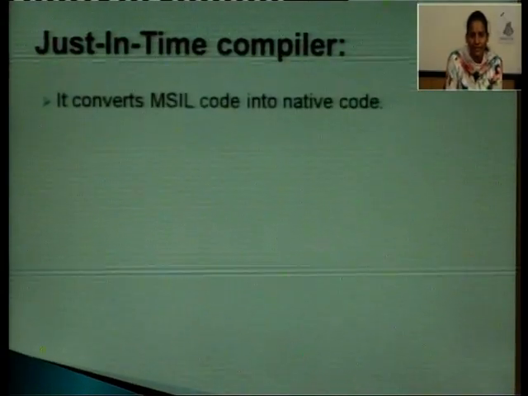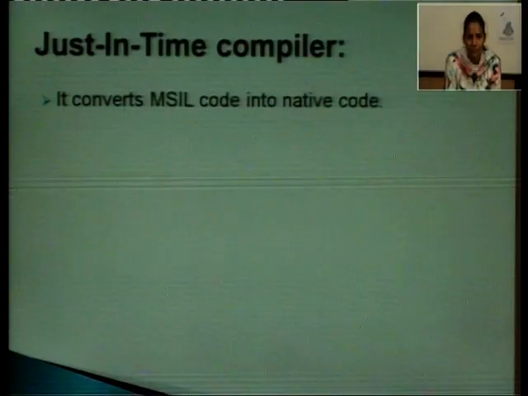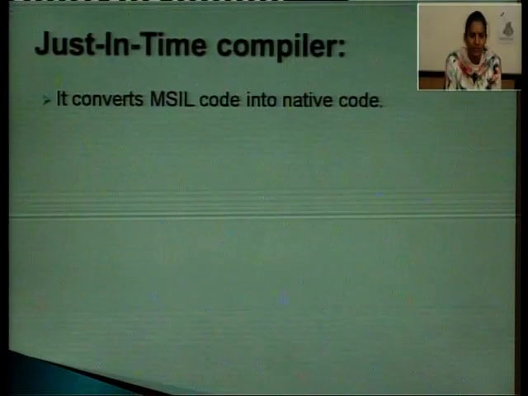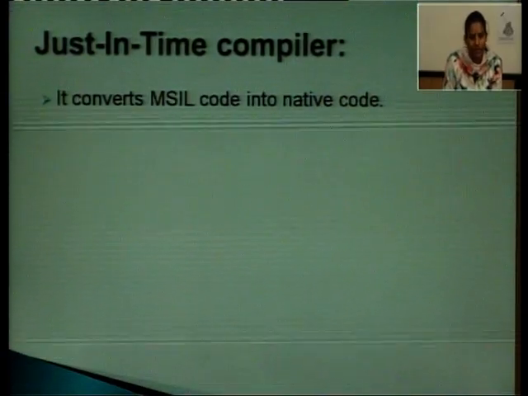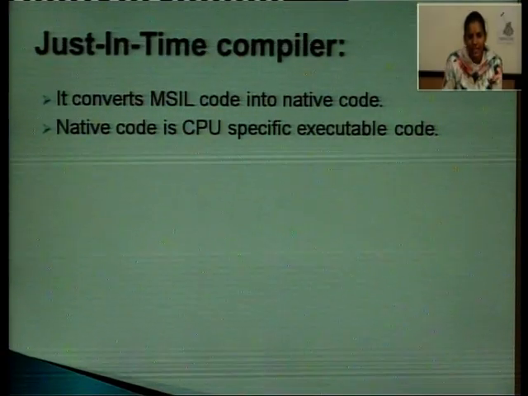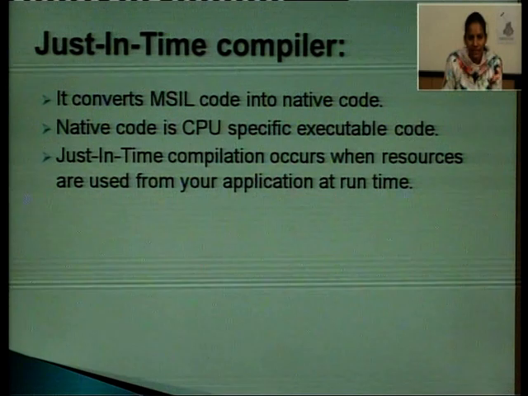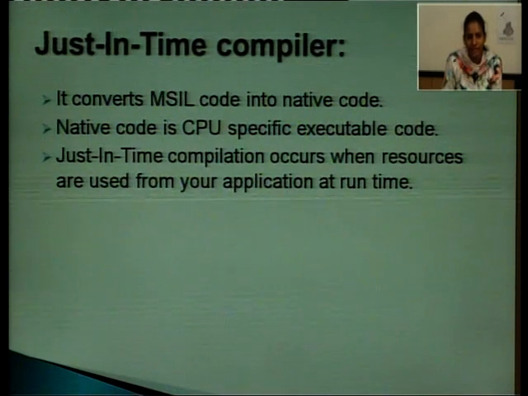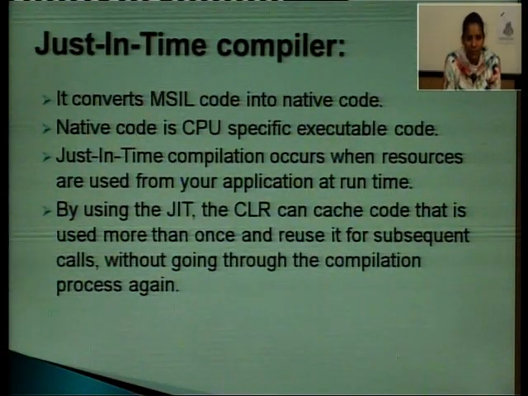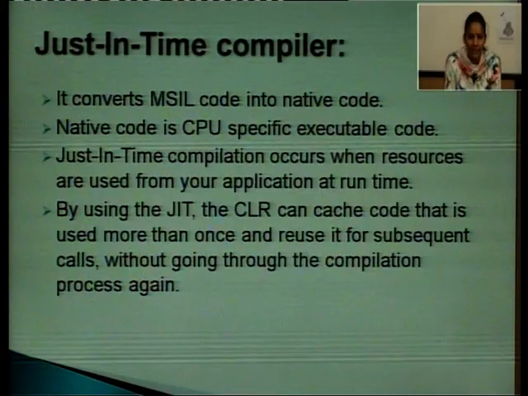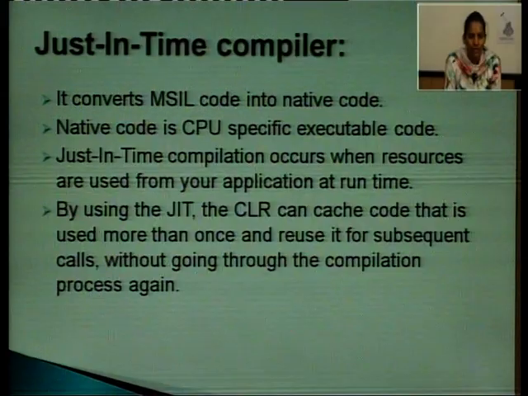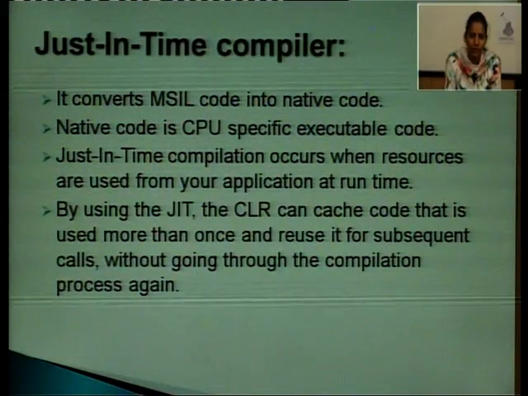So next comes the just-in-time compiler. It converts the MSIL, that is Microsoft Intermediate Language code, into native code, which is fully machine code. Native code is CPU-specific executable code. Whenever just-in-time compilation occurs, when resources are used from your applications at runtime, by using the JIT, the CLR can cache code that is used more than once and reuse it for subsequent calls